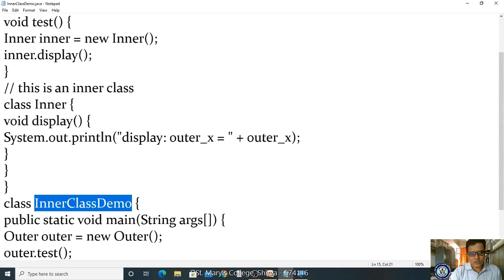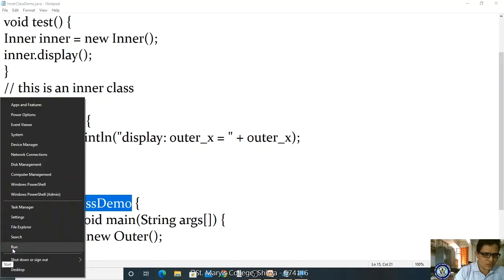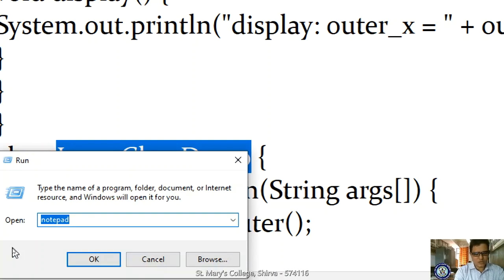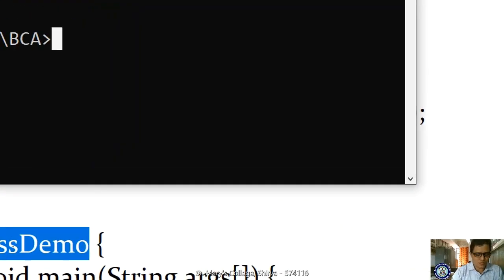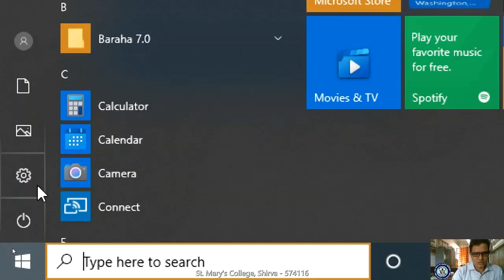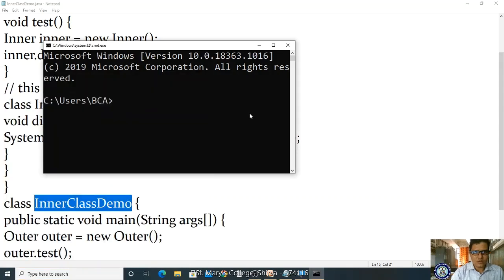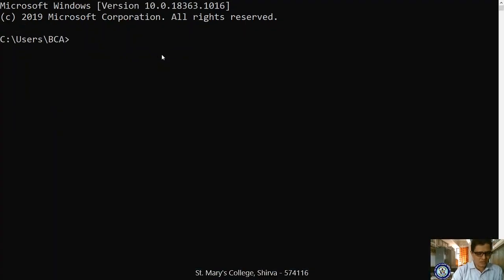Clear? Yes, now we want to run that program. To run that program we have to take the editor. So to take the editor we have to go to the run command and take the run prompt. We have taken the prompt editor, and now I am pressing enter.